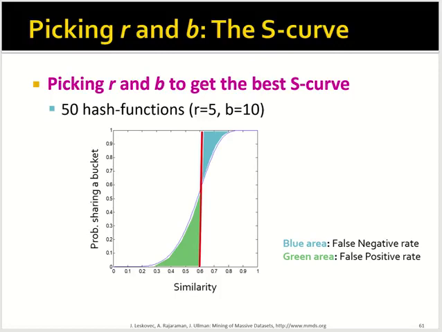If we take R equal to 5 and B equal to 10, which means we divide the matrix into 10 bands, and each band includes 5 rows, the curve can be illustrated in this image. We will notice the blue area presents the false negative rate, and the green area presents the false positive rate,